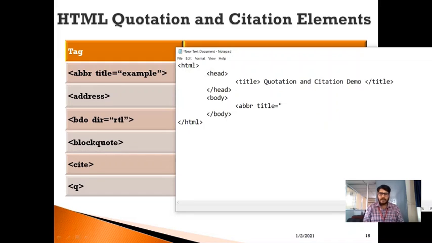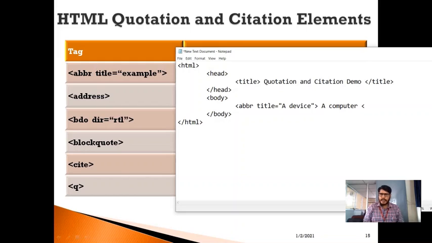For example, I'm going to write here as a device. So this is the abbreviation opening tag. I need to close this opening tag here. And after this, assume that I'm going to write a computer.